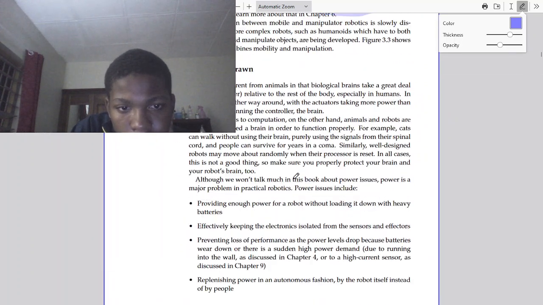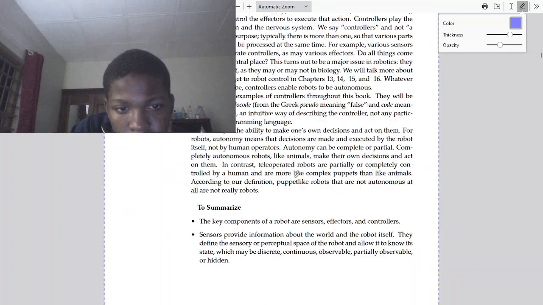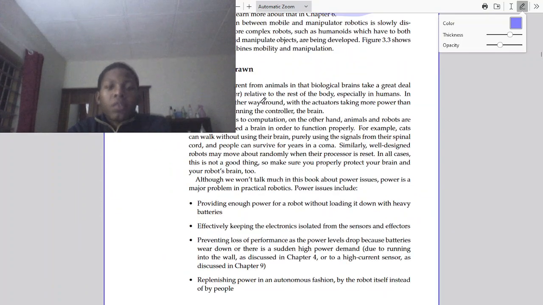So, brains and brawn. Alright, we're almost there. Robots are different from animals in that biological brains take a great deal of energy relative to the rest of the body, while in robots it's the other way around. Actuators take more power than the processor or the controller, the brain. When it comes to computation, on the other hand, animals and robots are similar. Both need a brain to function properly. So cats can walk without